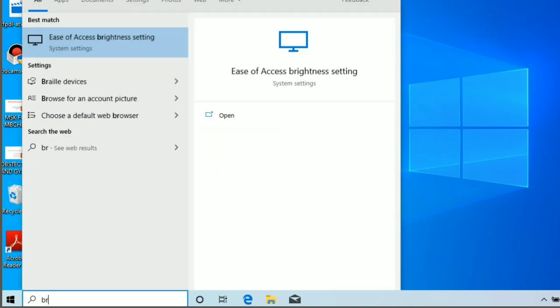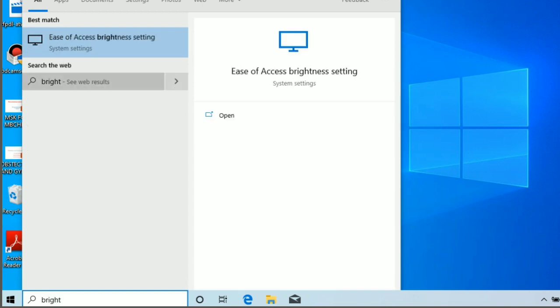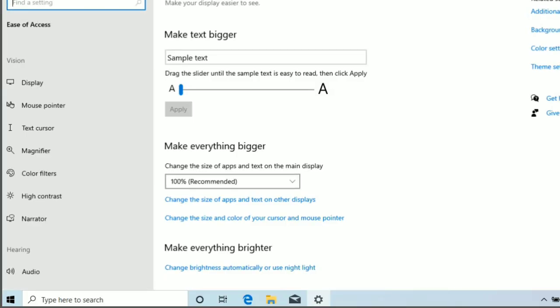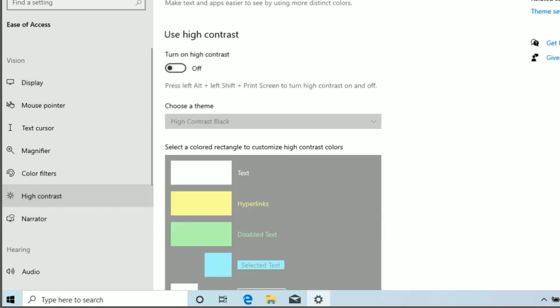So all you have to do is, in the search area, just put the word brightness. As you can see right there on your screen, try to put the word brightness and see if the option of changing the brightness is there, like when it's super bright and you want to change it to a smaller brightness. As you can see, that option is really not available for you right now on this screen. So if you're such a person and you really want to reduce the brightness on your screen